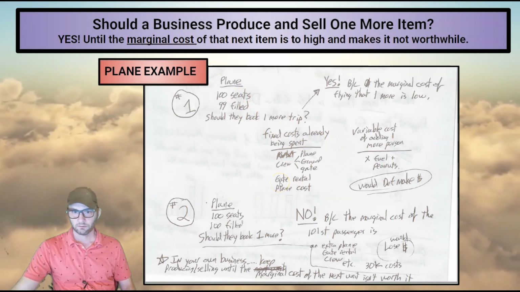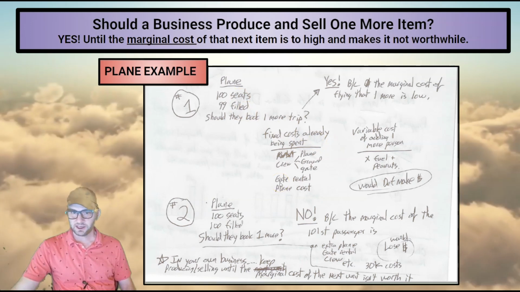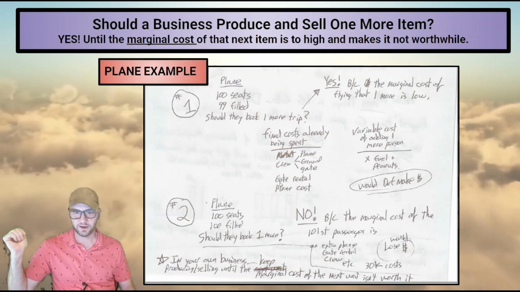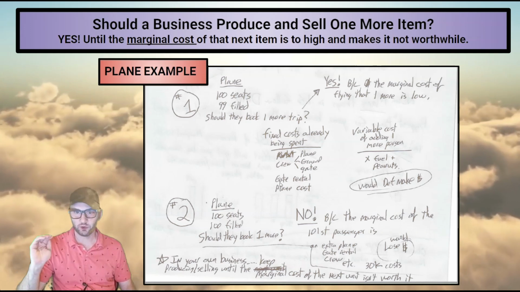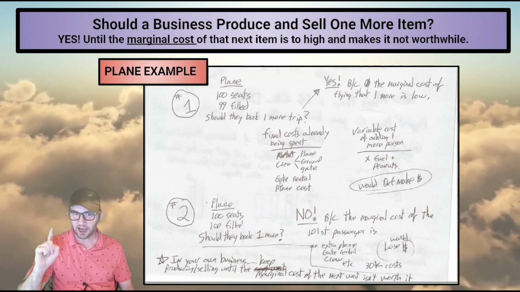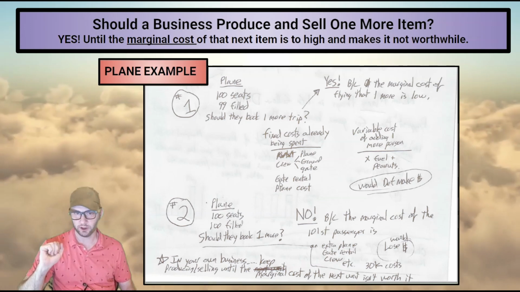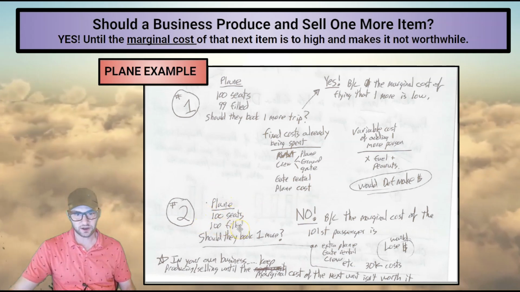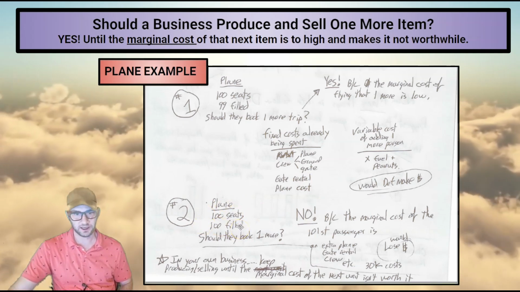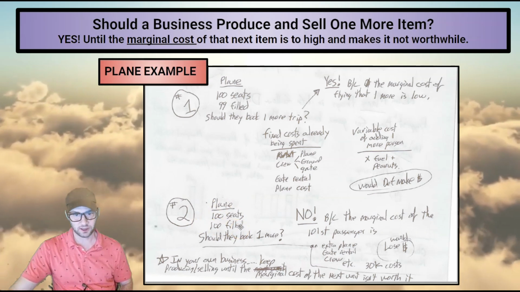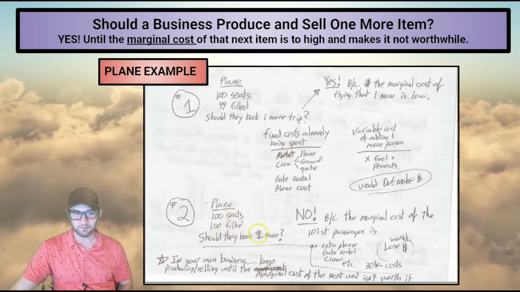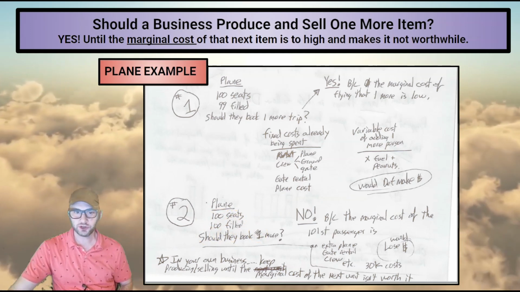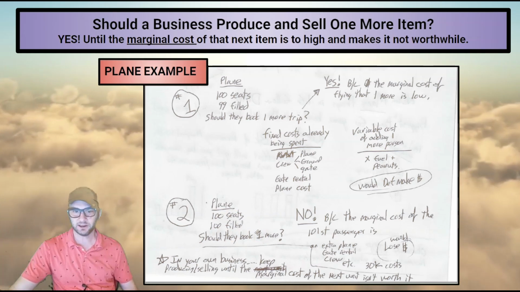All right, different example. The same passenger, let's say it's me, I've got to go on a Dominican Republic vacation. I am the same passenger wanting to go to the same place, but I am not in the same order. Okay? Separate example. There's a plane with 100 seats and 100 seats are filled. That plane is full going to the Dominican Republic. And I want to go to the Dominican Republic. Should that airline get me there? I would be the 101st customer.